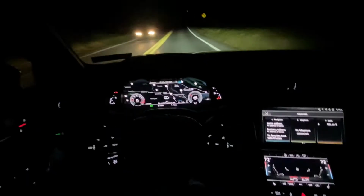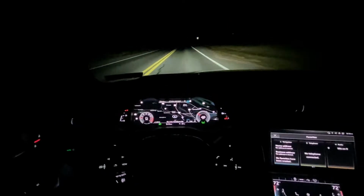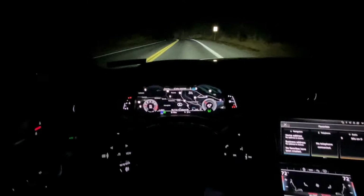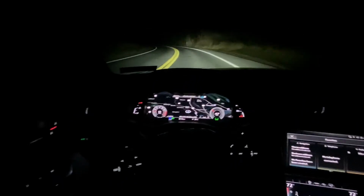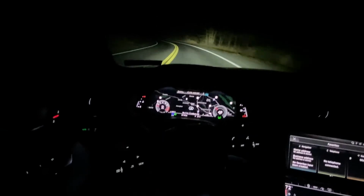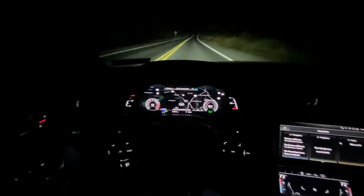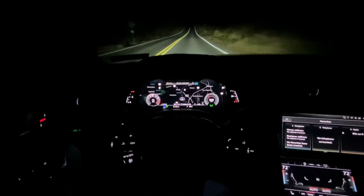And I'm going to be on high alert for deer around here because I'm on Lisburn Drive in Mechanicsburg. This does have the auto high beams, which is pretty awesome. So yeah, I'm not going to say there's nothing wrong with this car. This is a fantastically designed and built, engineered car. It's just,